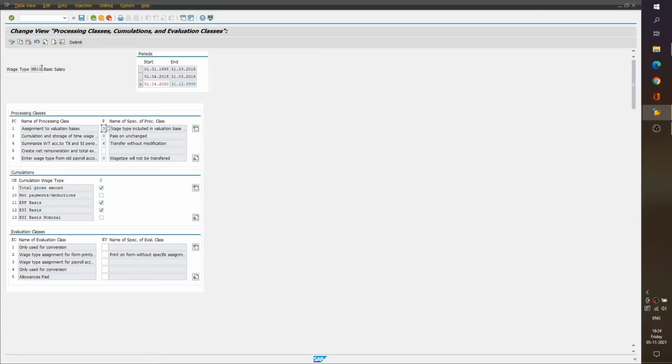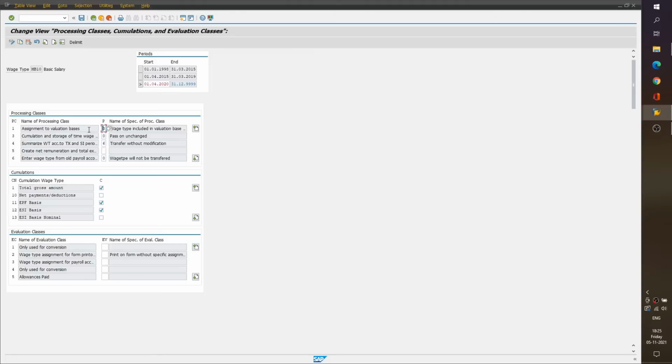So what SAP has done in their solution is they have created a concept called processing classes. Just listen to this very carefully. These processing classes, and the specifications of these processing classes, are used to group a list of wage types that need to be processed together with a specific rule. If you do not follow what I said just now, I would request you to rewind this video by 30 seconds or so and listen again carefully.